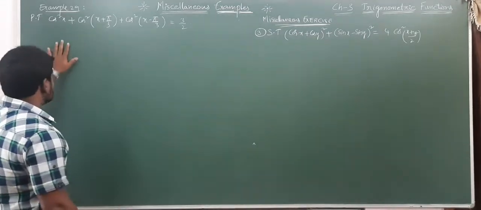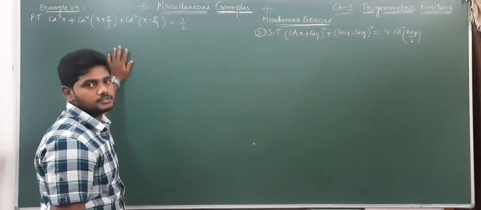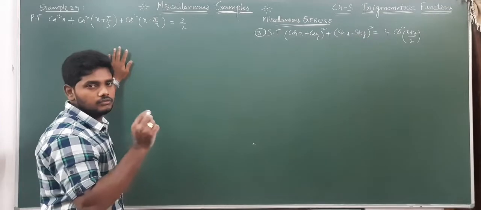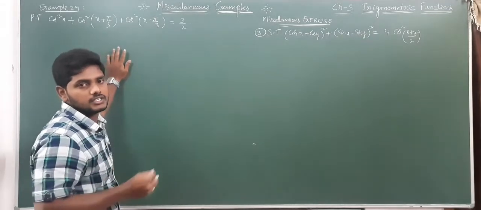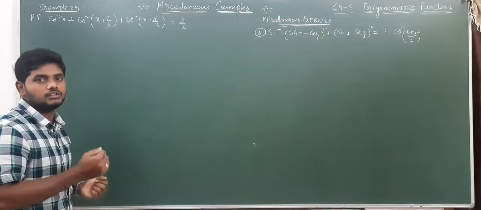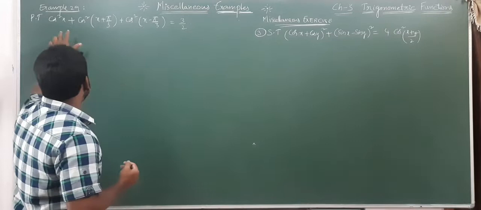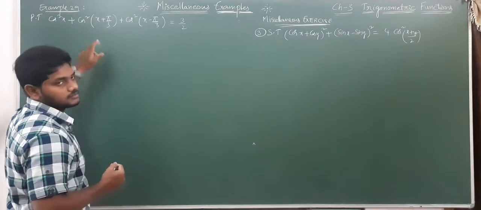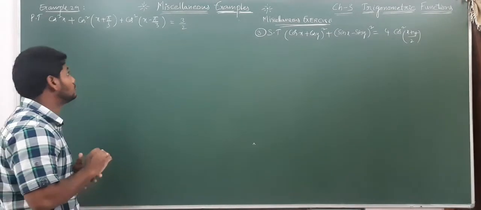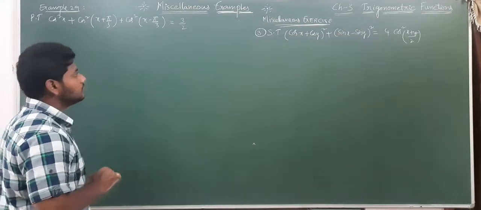First we will solve example number 29. In order to solve this type of problem, you need to verify all the formulas within a few seconds, and identify which formula we need to use. Without analyzing like that, we cannot solve the problem in a few minutes. The question is cos square x plus cos square x. Do you have a formula for that? No. Then which formula do you need to apply?